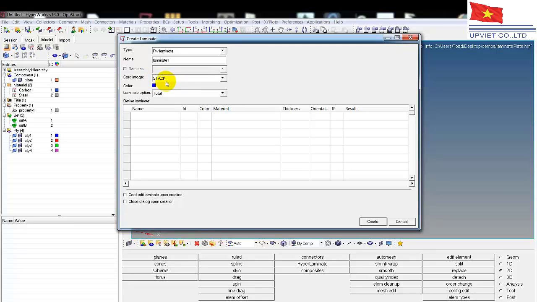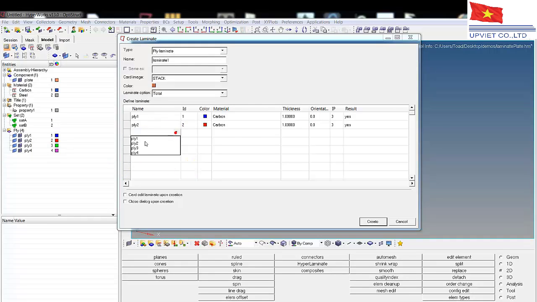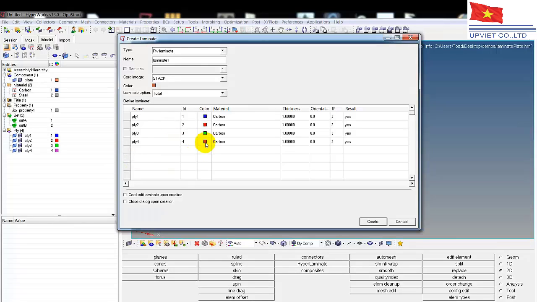Okay, so it's just a stack image. We can give it a color, whatever. And now we put in the name of our plies. I can click here, ply 1. I can also go over here and pick them by ID number. Now, I can't do anything over here with thickness and orientation or material. So I have to do that over here under the plies if I want to change that. So let's go put in 3 and let's put in 4. So there's our